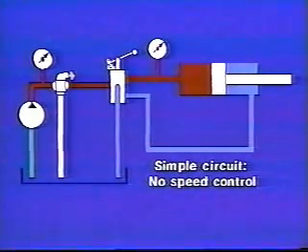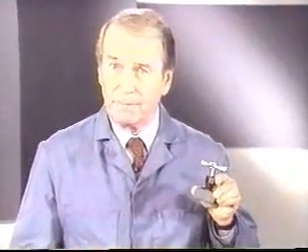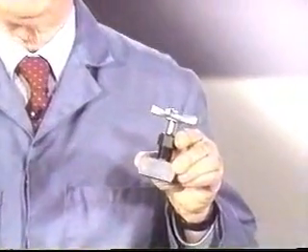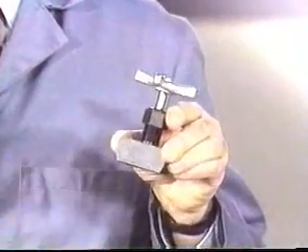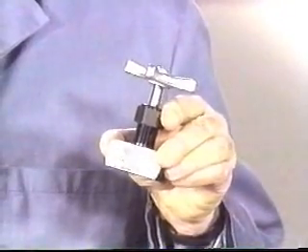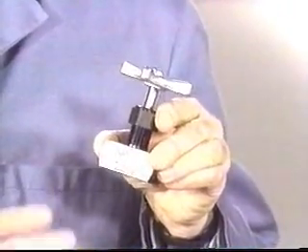Changing either the cylinder or pump size to regulate speed would be impractical, especially if we wanted to change speed in mid-stroke. A more typical method is to use a flow control valve. A flow control valve, in its simplest form, is nothing more than a variable orifice. It could be as basic as this needle valve. By varying the size of the opening, we could vary the amount of oil entering the cylinder and thus control